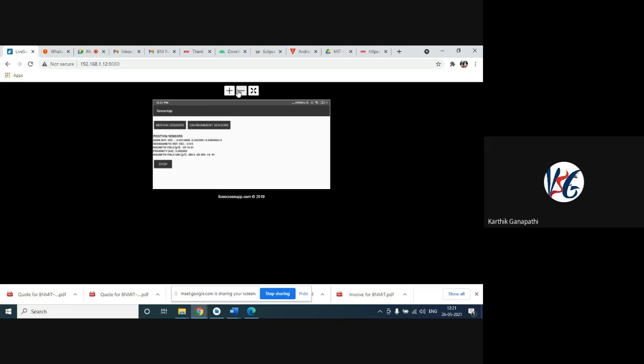Next to this we have environment sensors. If you click on this, it will get all the environment sensors, such as ambient temperature, light, and the proximity sensor. As you can see, I'm using the proximity sensor. If I close the sensor, it came to 0. Now I click on start, environment sensor.